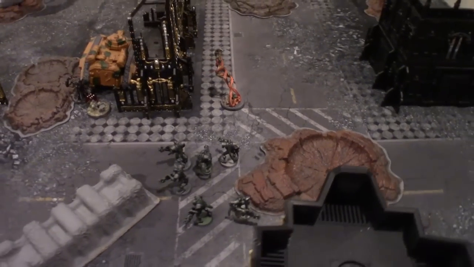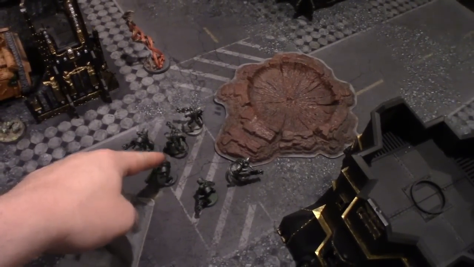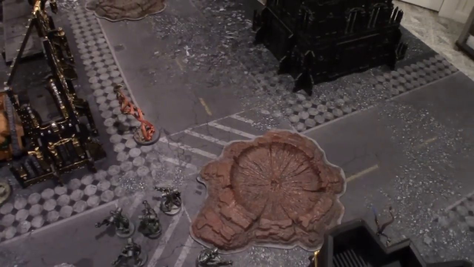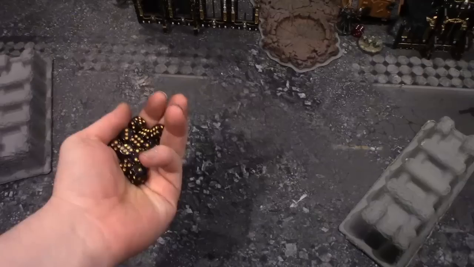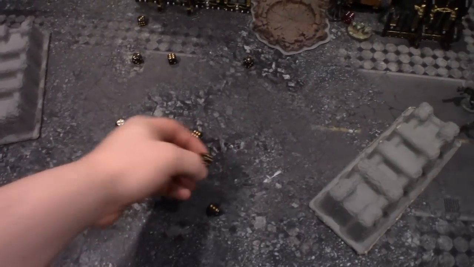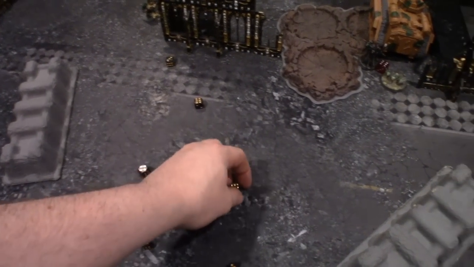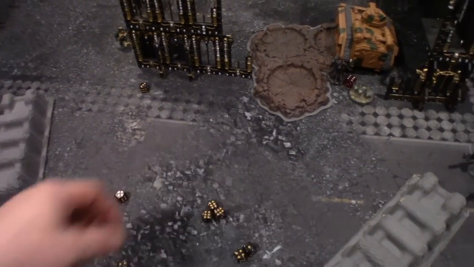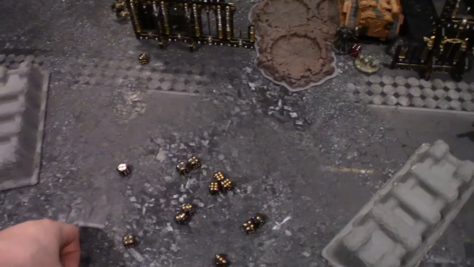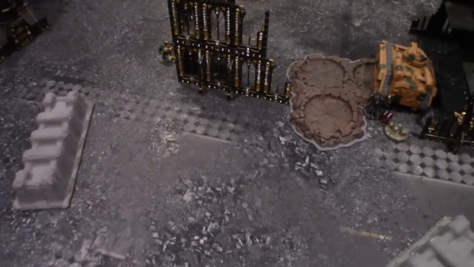Huzzah. So on to shooting, where I'm going to have all 12 shots from this group go into the other assassin. And she doesn't have any hard to hits, so I will get the 6s on this. 3s, 6s matter. For 5 misses. But with 3 6s, I get 6 more. So with now, I think, 13 hits,